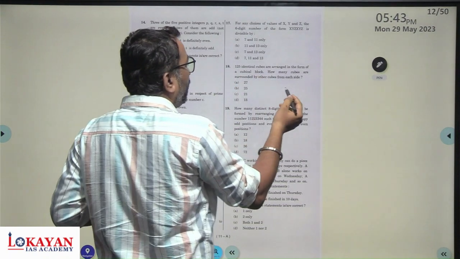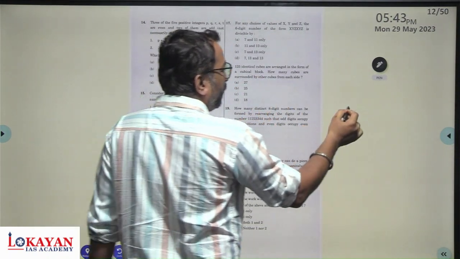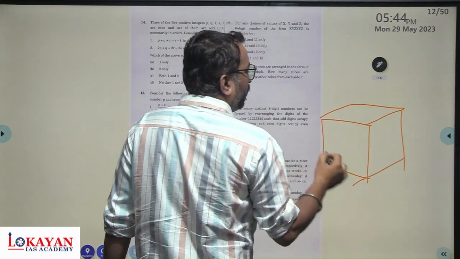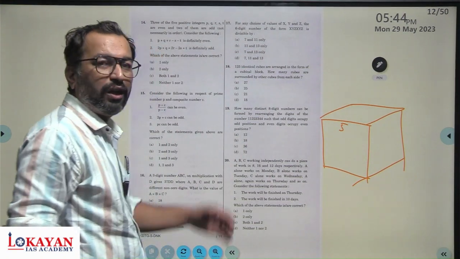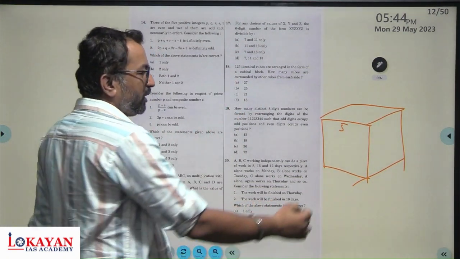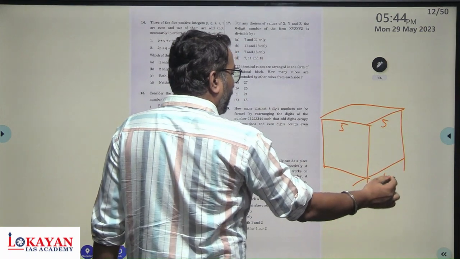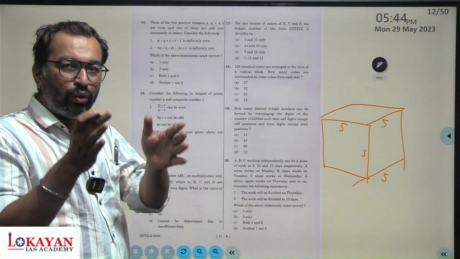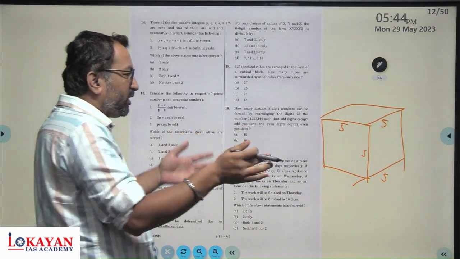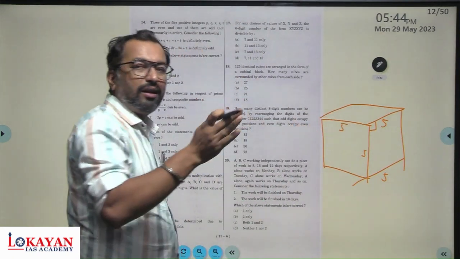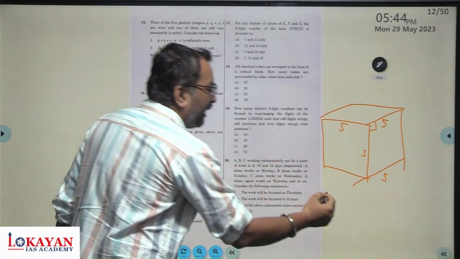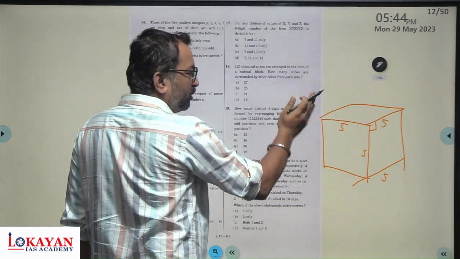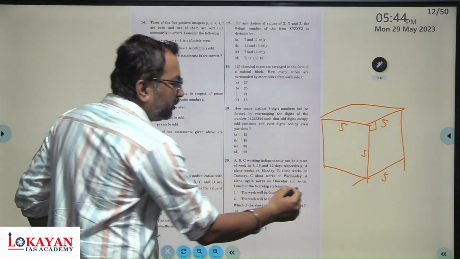So when 125 identical cubes are arranged, this side becomes 5 because 125 is the cube of 5. So each side became 5. And when we are going to find the cubes inside the walls, we have to subtract the walls. That means from each side, one cube we have to discard. So the inside part will become of dimension. यहां से भी एक हटा दिया, यहां से, सो 5 में से दोनों साइड से एक एक गए तो 3